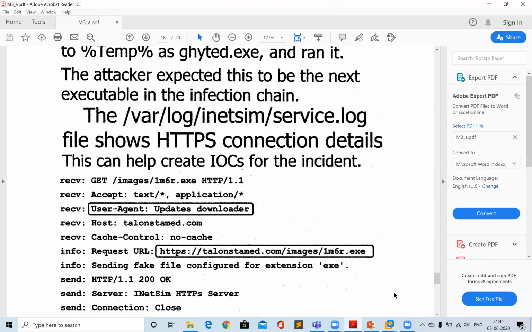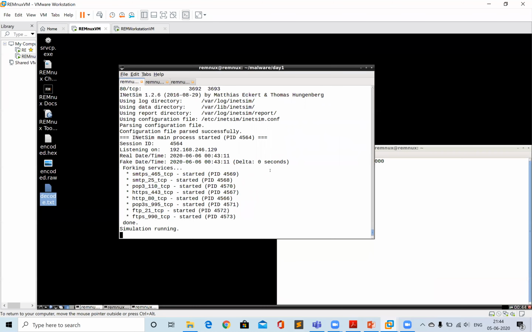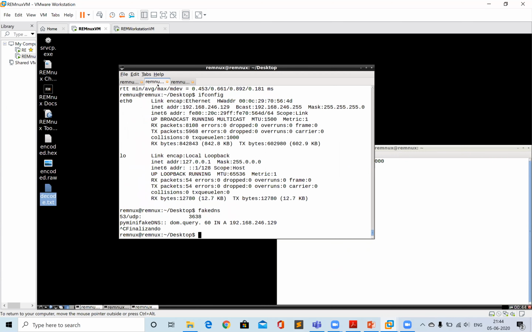Okay, so what I will also do is we also need the fake DNS running, because the fake DNS, as you know, responds for any connection. Suppose I am visiting google.com, so even though the original IP starts with 172, the fake DNS will tell that the IP address is the one that the Remnux Linux VM has.